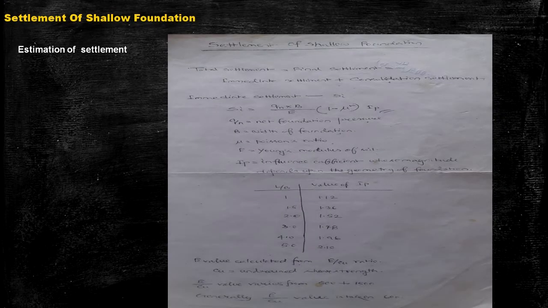In this slide, I have discussed the estimation of settlement. In questions, we have to find out the total settlement, and the total settlement means immediate settlement plus consolidation settlement. So first of all, we have to know the formula of immediate settlement. Immediate settlement is denoted by SI and the formula is SI equals Qn into B by E into 1 minus mu square into IP. Qn means net foundation pressure, B means width of foundation, mu means Poisson's ratio, E means